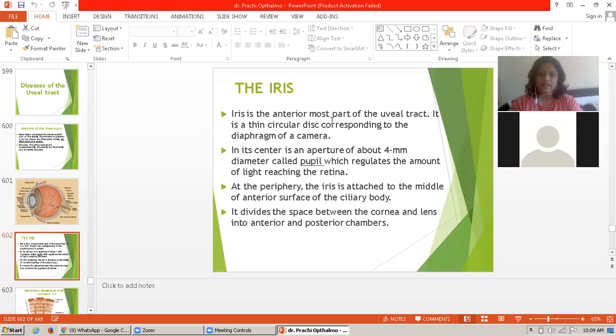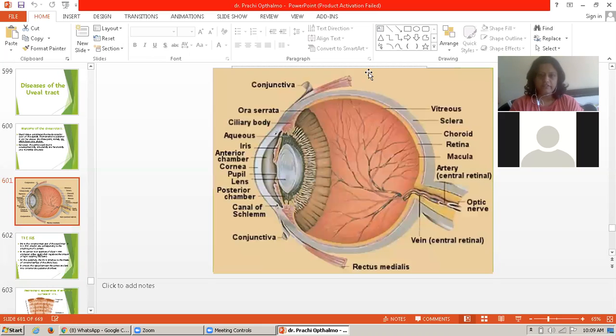The iris is the anterior most part of the uveal tract. So when we see the diagram of the